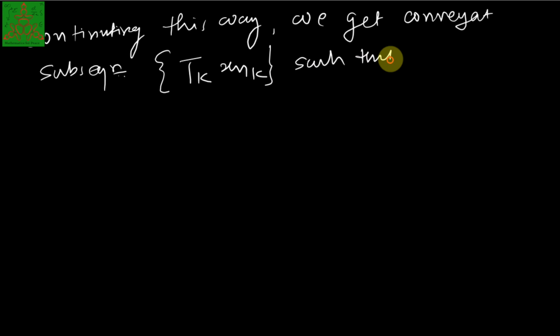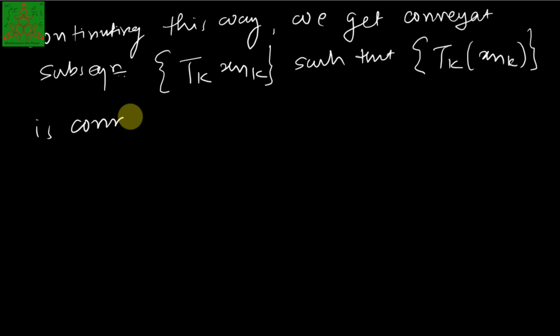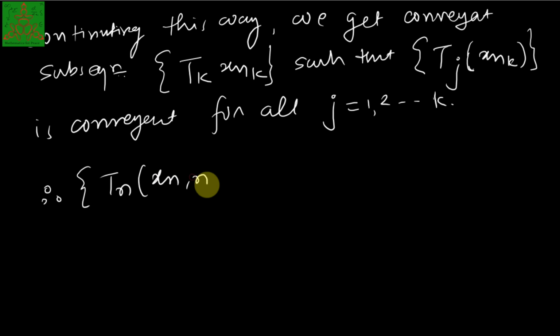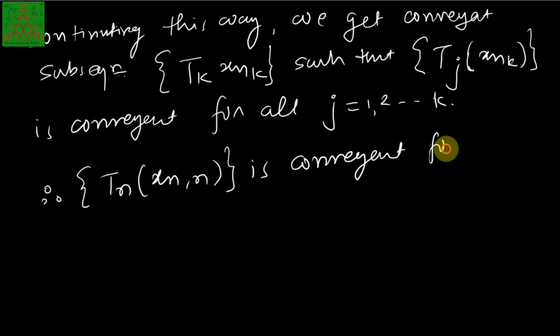such that x_{n,k} is convergent, for all x_{n,j} is convergent for all j running from 1 up to k, and therefore Tn x_{n,n} is convergent for each n. Now